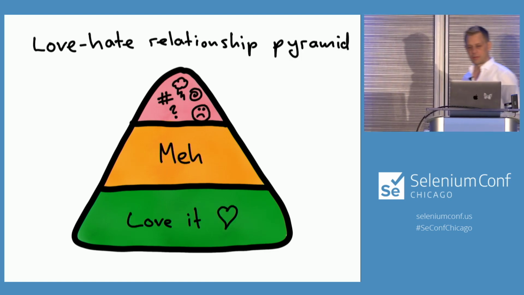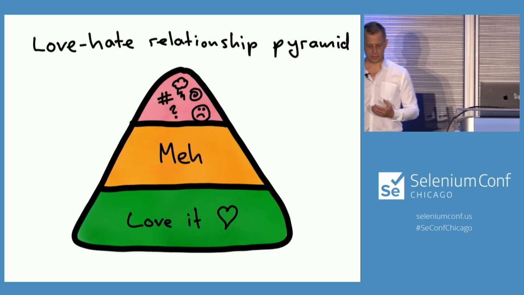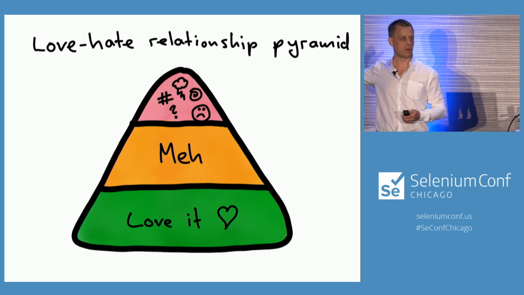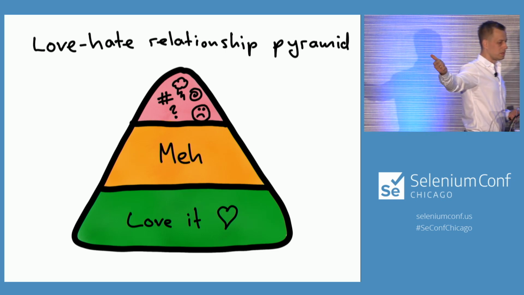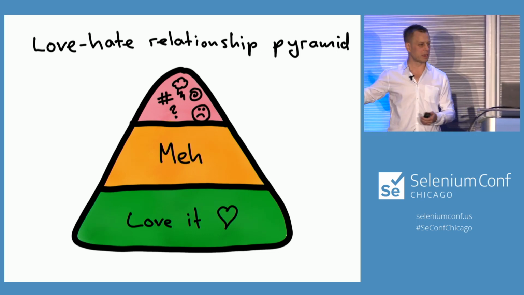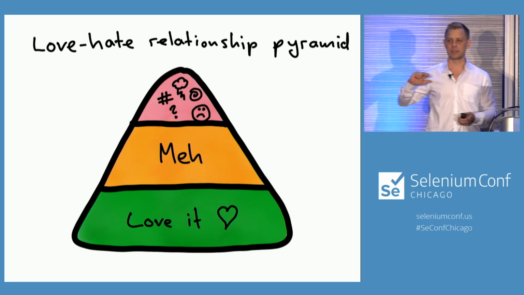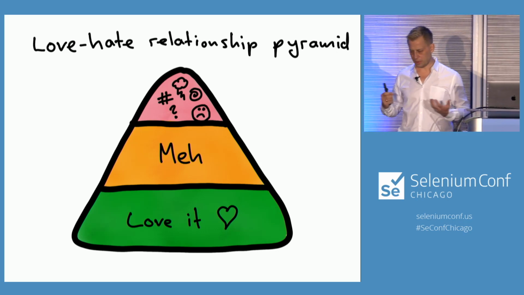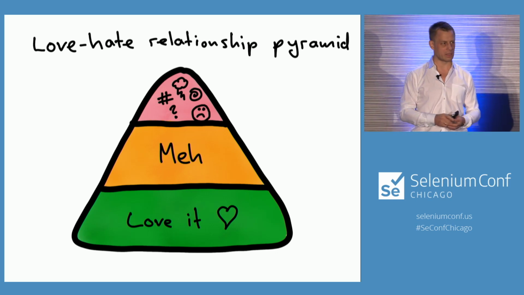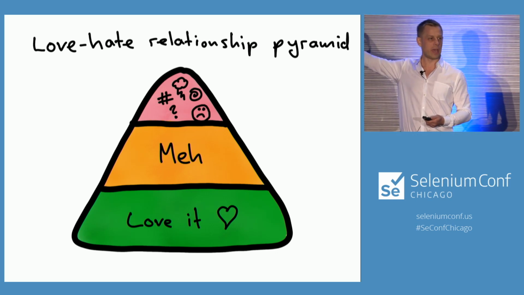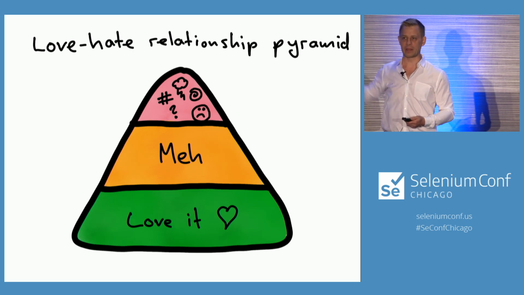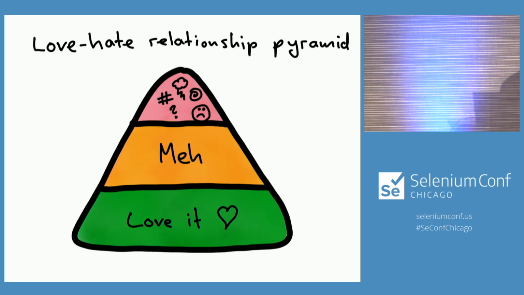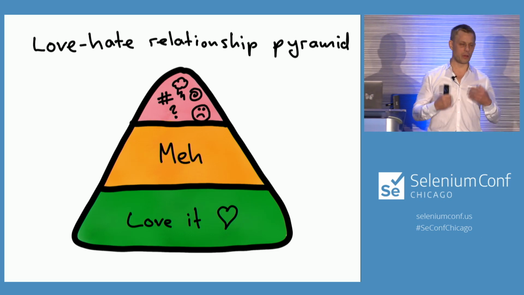So back to this love-hate relationship pyramid, there's 3-4 things that we need to care about that are important to determine whether we love or hate a test. It's the speed, how fast are they, how deterministic are they, how expensive are they, and how good error messages do they give us. So the testing pyramid that has been popularized over the past decade, it just makes the assumption, right, that, well, end-to-end UI tests, they have all of the bad characteristics. And unit tests have none of them. And I think that's an oversimplification.